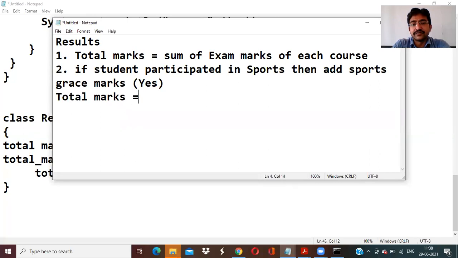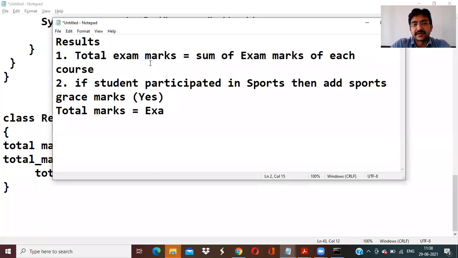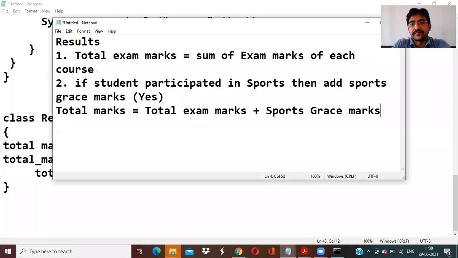Total marks equal to exam marks, the total exam marks, plus sports grace marks. Right, this is when he or she has participated.